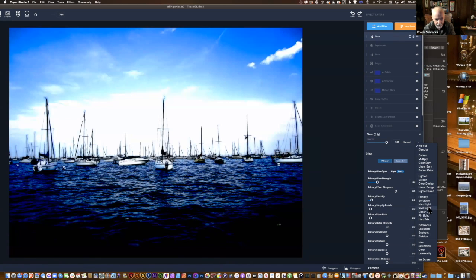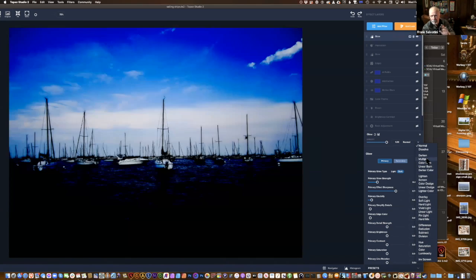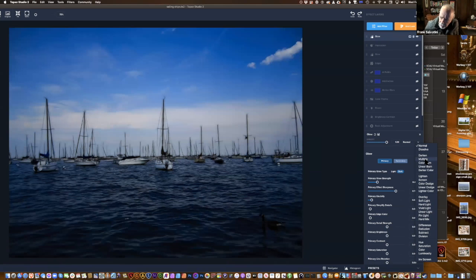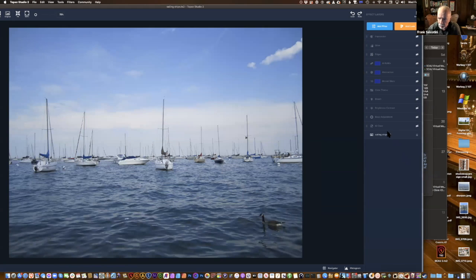Hard light, soft light, vivid light, linear, pin. I don't know if most people, I'm hoping, are familiar with these kinds of layer blends that you can do. And then if you want, you can quit. So what I'll show you is what I did with sailing ships, I did this for this demonstration, is first